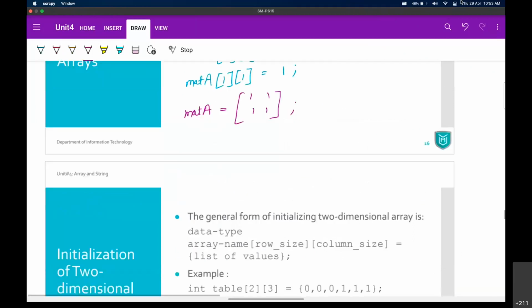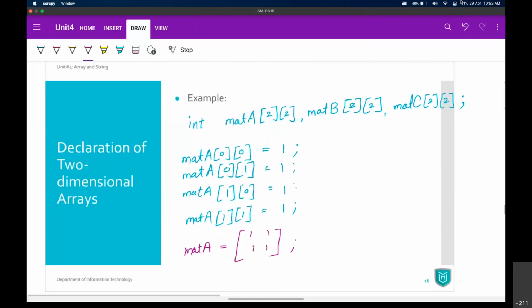Vyom is asking, purple will be... no, purple is not actually the output. Purple is just the understanding part. When you write this, this is how it will be represented. If you want to represent it, this is how you can represent it. And that's not actually the output. Output will be something like in your memory, right?